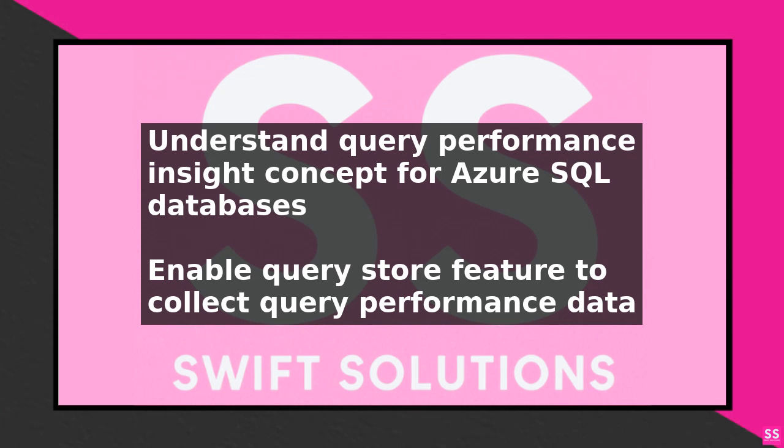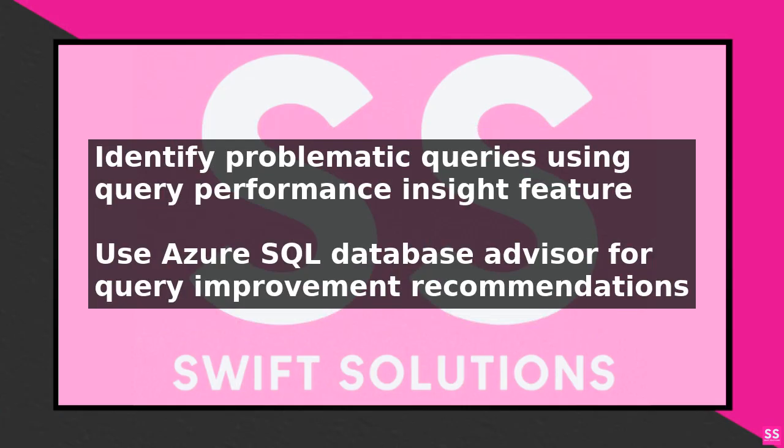The first step in restoring Azure SQL query performance insight is to enable the Query Store feature on your Azure SQL database. This can be done by navigating to the Azure portal, selecting your database, and clicking on the Query Store option under the Performance section. Once enabled, the Query Store will start collecting data on query performance, which can be used to identify and troubleshoot